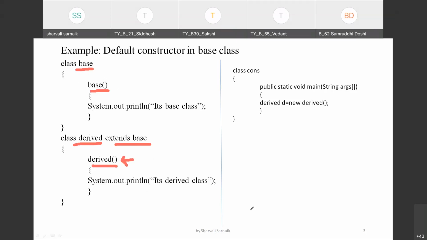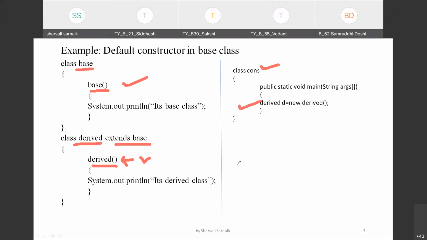Now you may observe that in the base class there is a constructor, and in the derived class also there is a constructor. When we create an object in the main class, we create the object of the derived class.